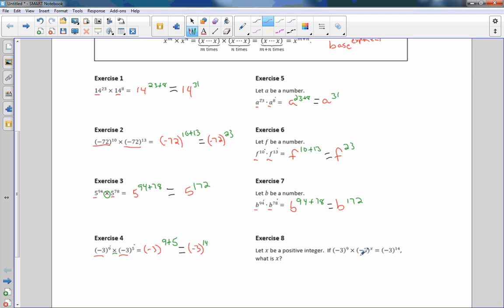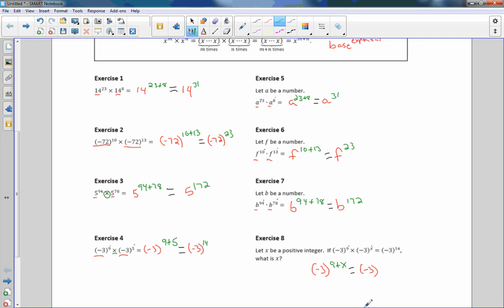If negative 3 to the 9th times negative 3 to some number equals negative 3 to the 14th, what is x? Okay, so we know we're going to have a base of negative 3, because we have a negative 3, a negative 3, a negative 3. In this case, we have some value 9 and some value x having to equal 14. So if I do this in the same format, then I'd have negative 3 to the power of 9 plus x. And that has to equal what I have on the other side, which is negative 3 to the